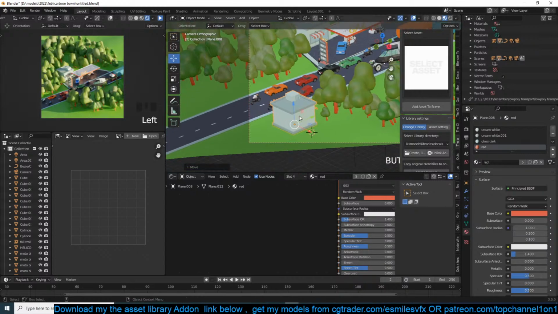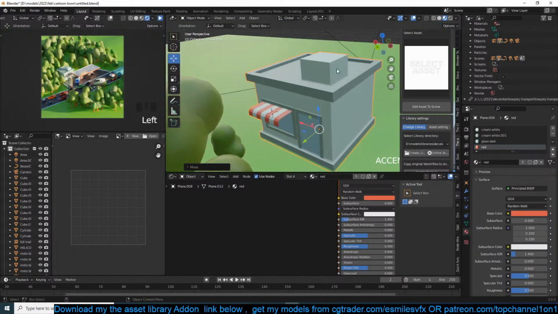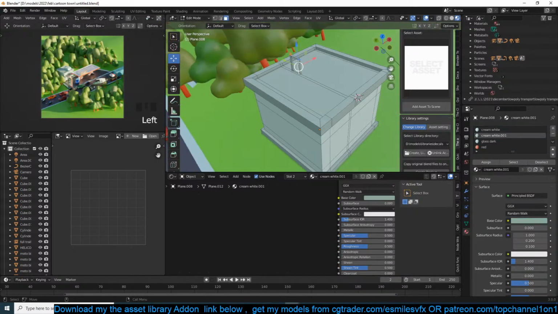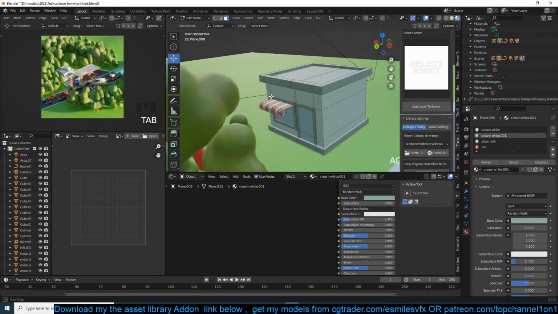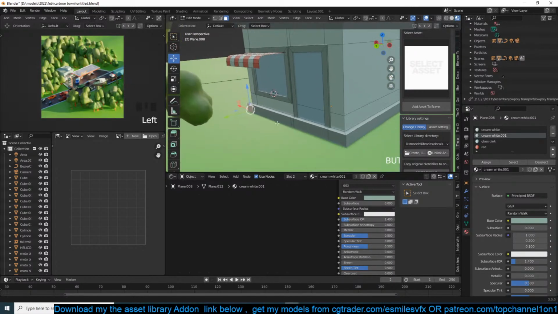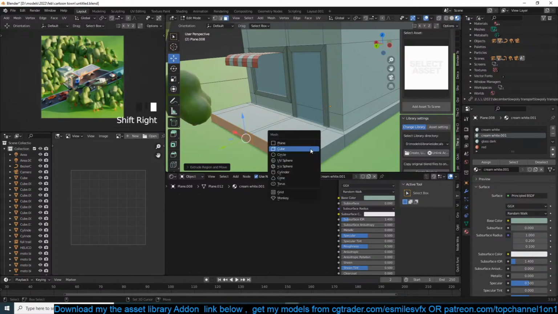So these are going to be like apartments. So you can first get rid of this. And this would have some kind of a front porch. And then